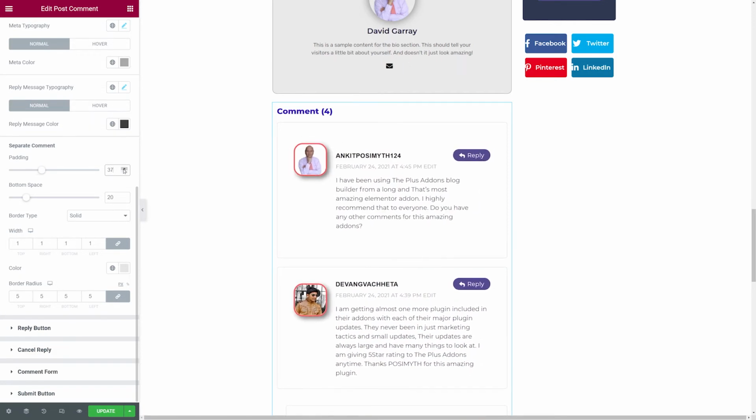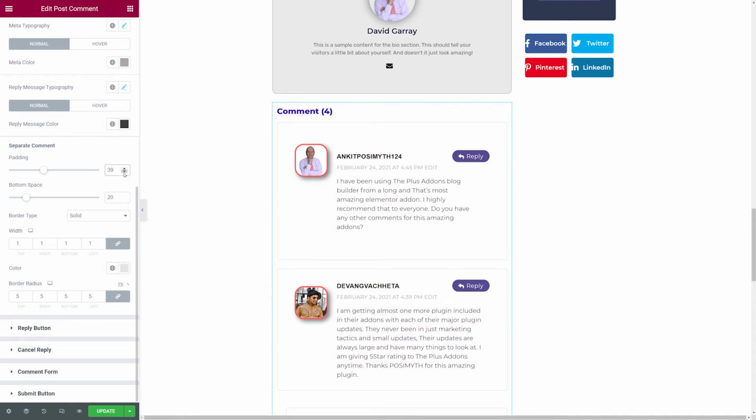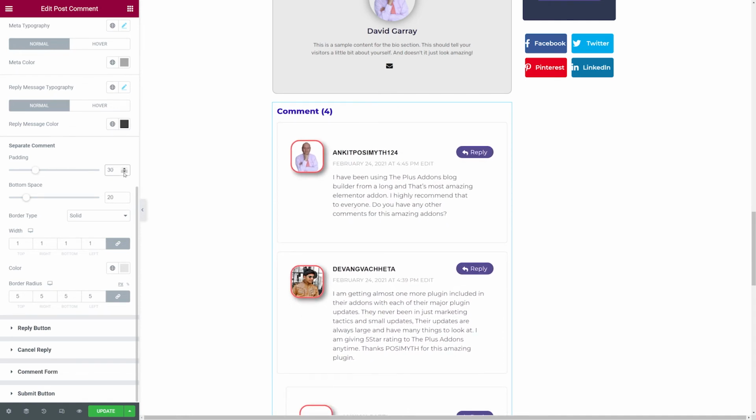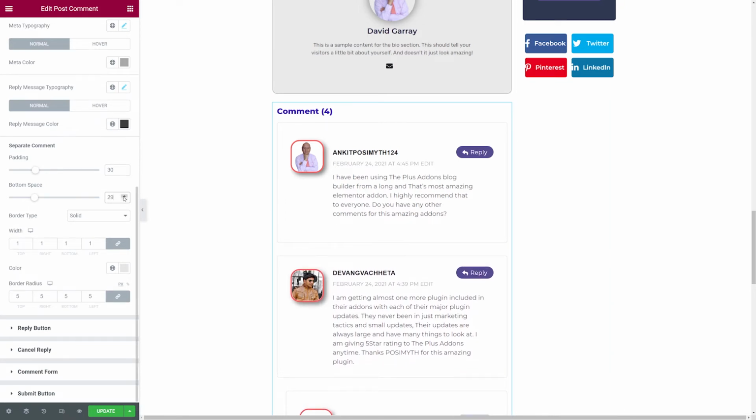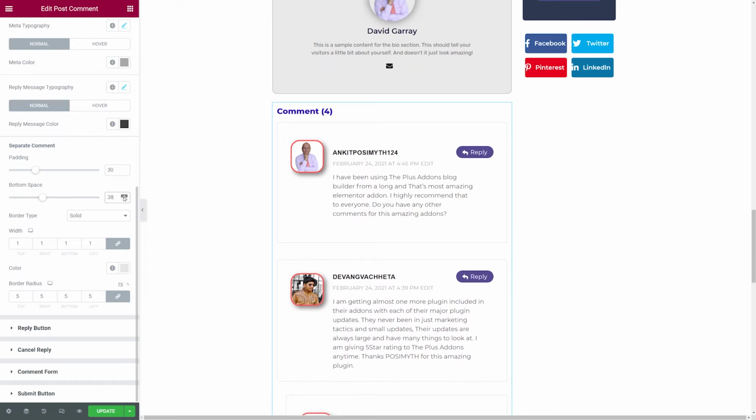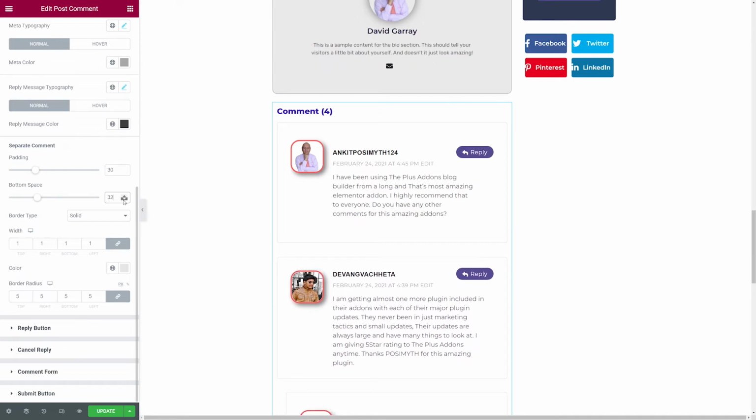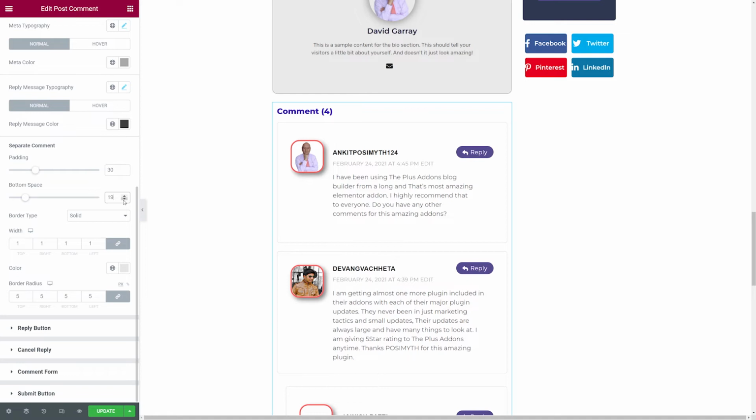So that's basically all the surrounding edges. So you can make it bigger or smaller. So let's keep it 30 maybe. And you can increase the bottom space here. So basically it's 20 at the moment. So you can increase the space in between them. So basically maybe 40. So let's keep it 20. That's absolutely fine. And as you can see, we already have a solid border all around it in a gray